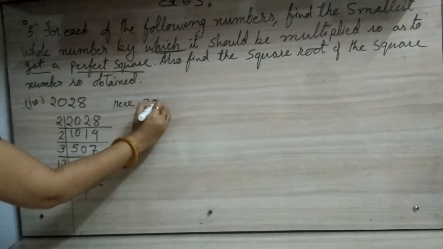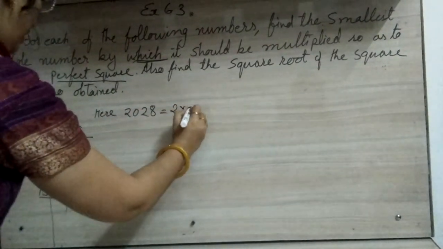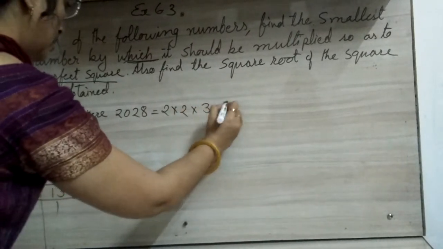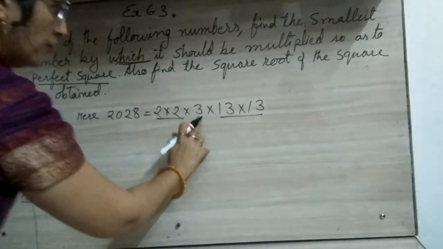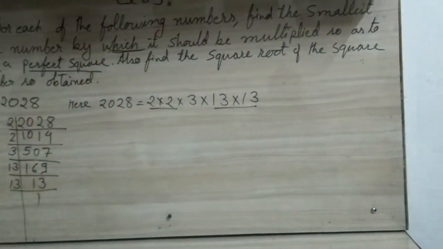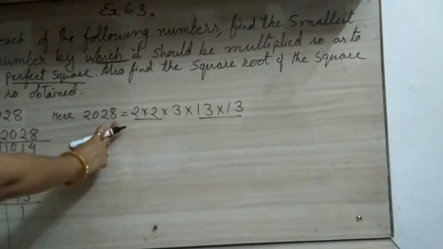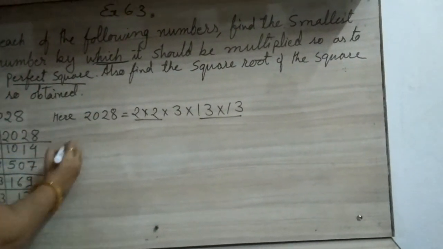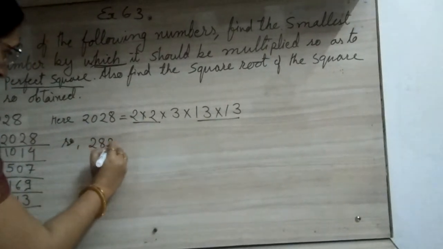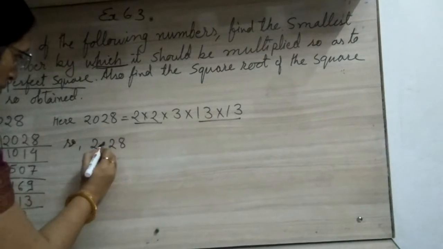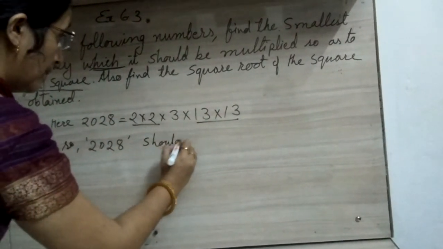Here, 2028 can be written as 2 into 2 into 3 into 13 into 13. When we make the groups of 2 2, 1 3 is left alone. That means हमें एक 3 और चाहिए. Means we will multiply this number by 3. Okay, so 2028 should be